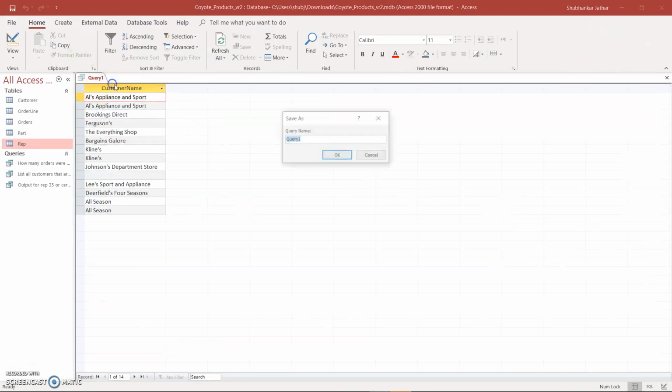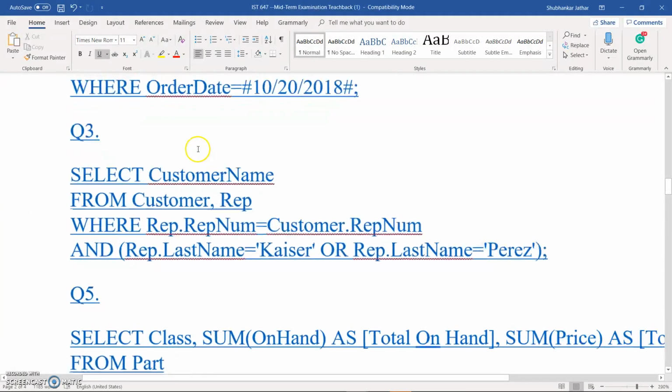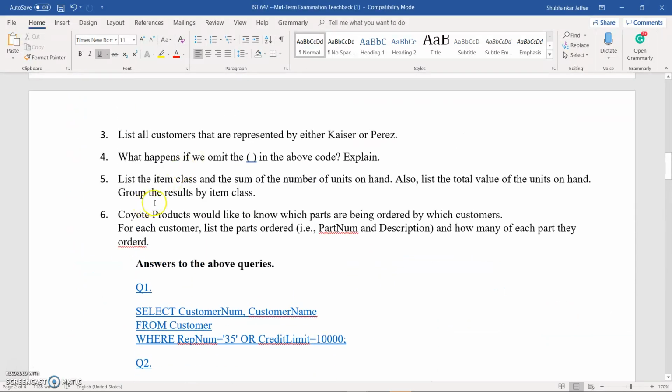So we'll just save this query as what if we avoid round brackets. Okay, we have saved the query. Just close it, go on to the next query. So list the item